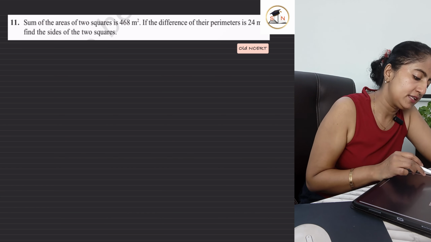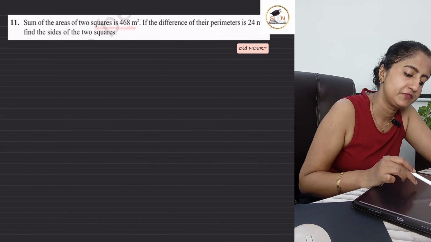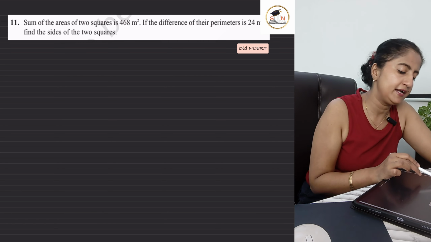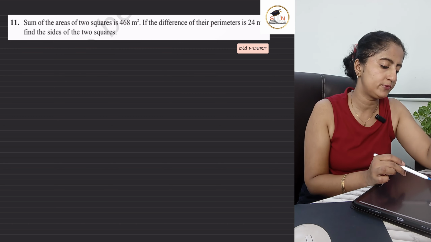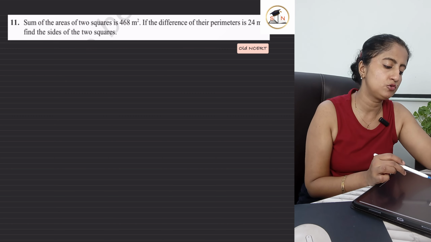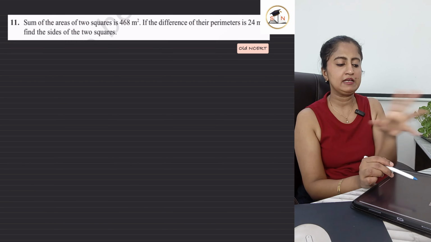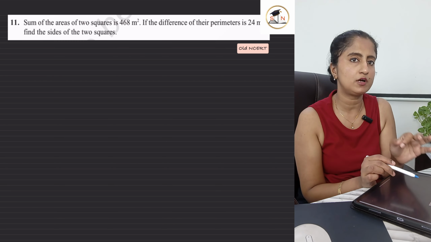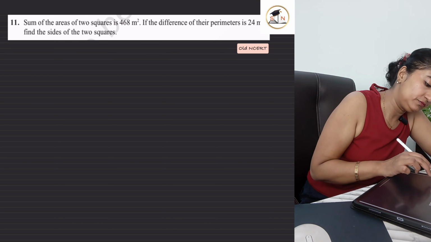So we have: the sum of the areas of two squares is 468 meters square. If the difference of the perimeters is 24 meter, find the sides of the two squares. Actually, what are we given? We are given the sum of the areas of two squares, right? Now, we are relating the areas and we are relating the perimeters of two squares, but we do not have any relation between their dimensions. So what I am going to do,